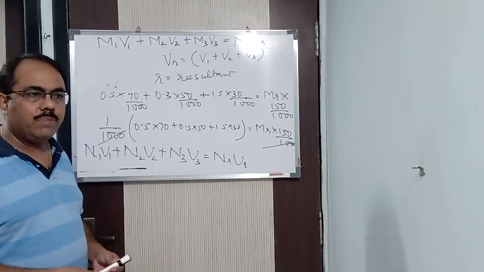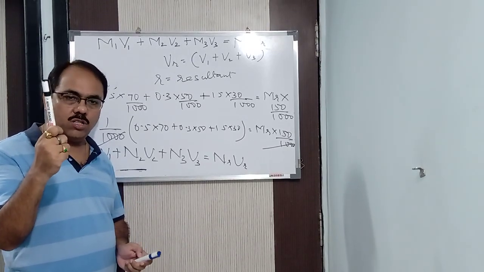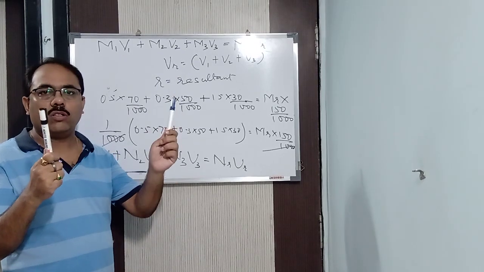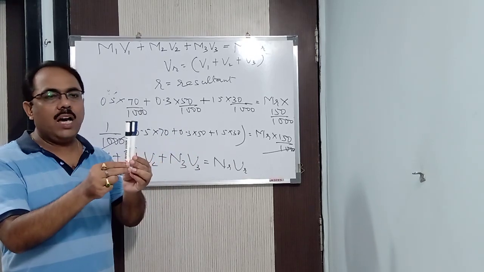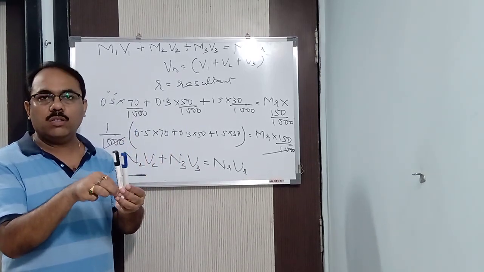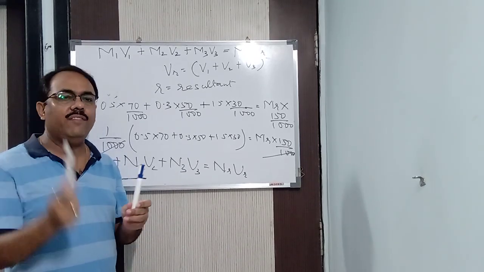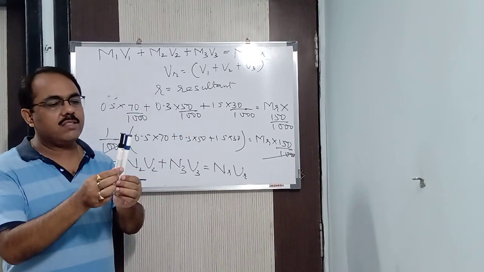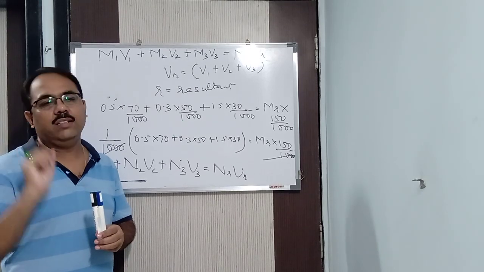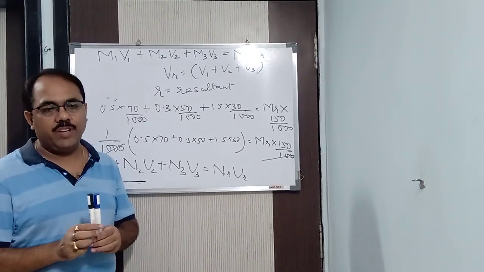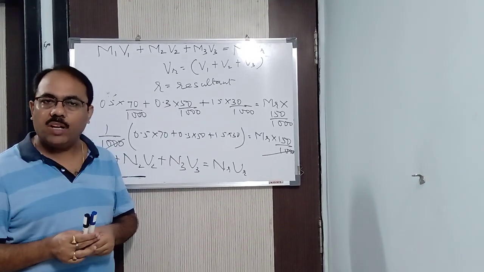For example, suppose this is hot. Let us say it's an iron rod, it is hot. It's another iron rod, it is also hot. Suppose I say you bring the two iron rods together. Tell me how much it is. You will say, sir, hot plus hot, it is too hot. No, it is not that way. We can't do it. But if I say the temperature is 25 degrees and the temperature is 50 degrees, then yes, I can calculate the resultant temperature, because temperature is a number. When we bring them in contact with each other, the resultant temperature will be 25 plus 50 divided by 2. We can take the average value.